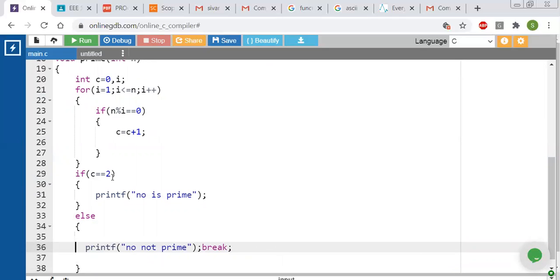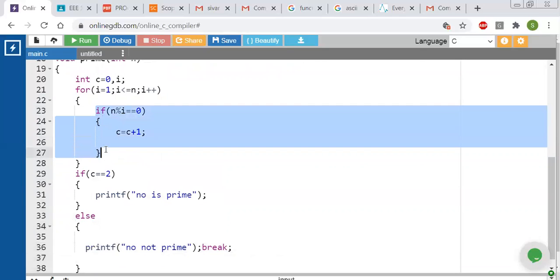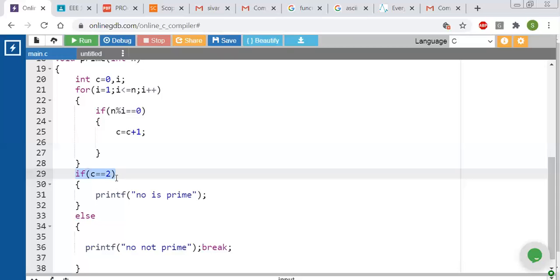Now what we are doing is, first using the condition here we are finding the count of the number of factors. If the count is equal to 2, we are displaying number is prime. Otherwise, we are displaying it is not a prime. So we'll verify whether it executes or not.